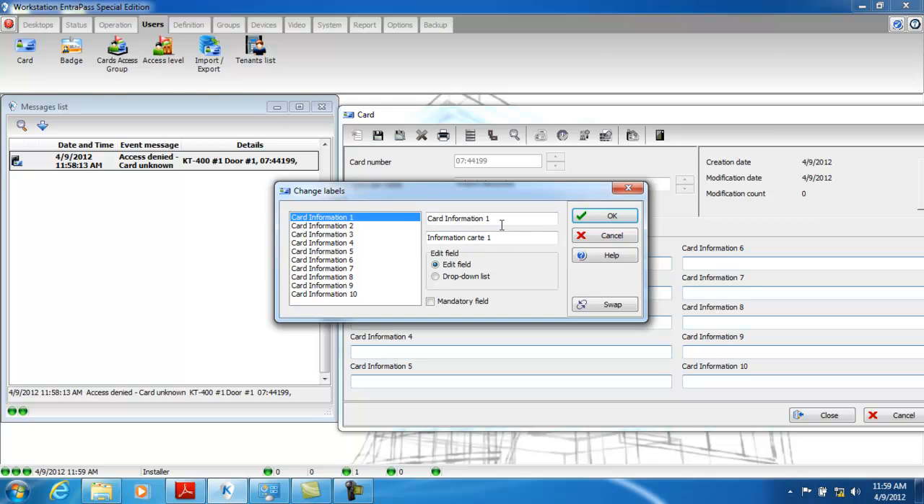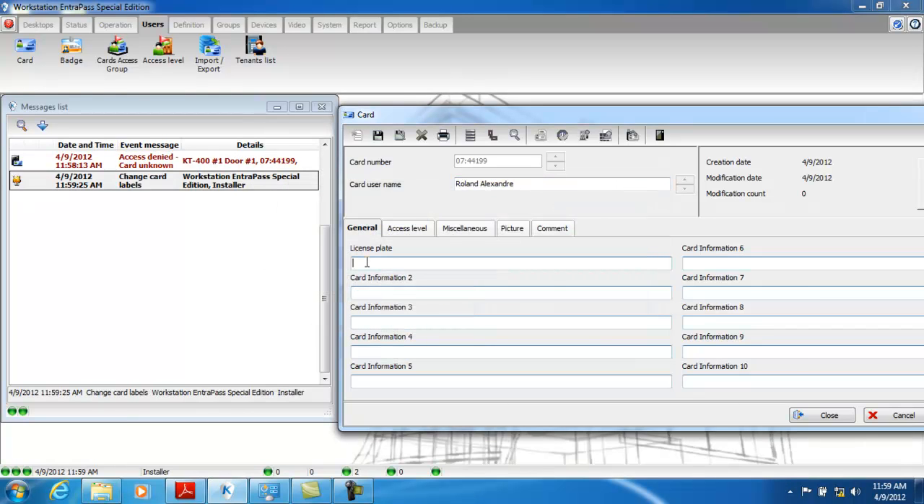So for the English side, for card information 1, we can say this is the license plate. And then click OK. Once we get that, we can enter the license plate